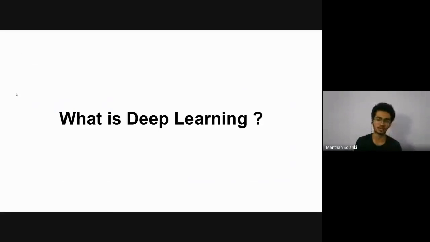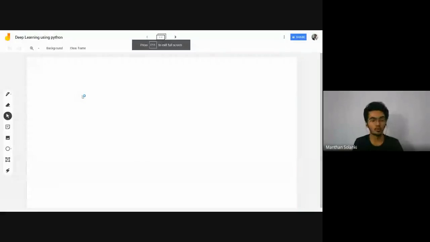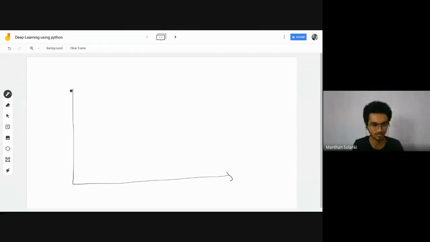We all know that this term is very famous and it has been taking off greatly over the last decade. So I just want to give you a brief idea of how this has actually been happening over the last 10 years. So let me give you a brief idea about the performance versus input data graph. Now what is that? So this is my input data, right?